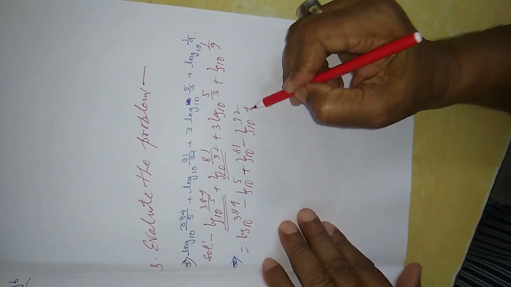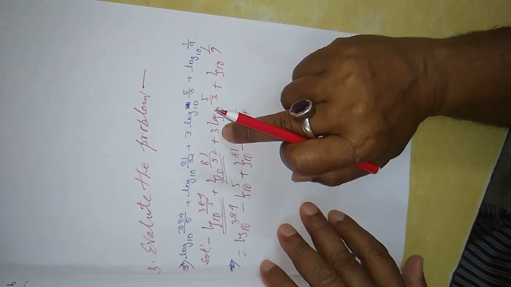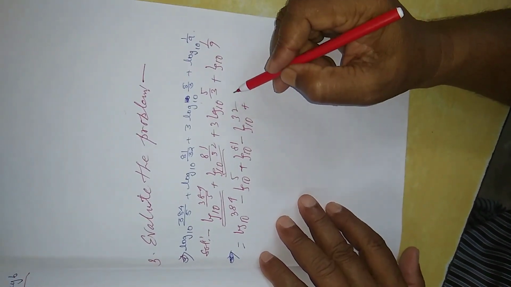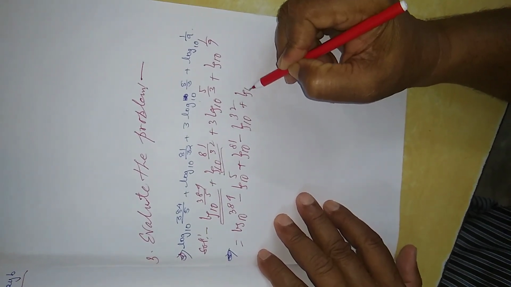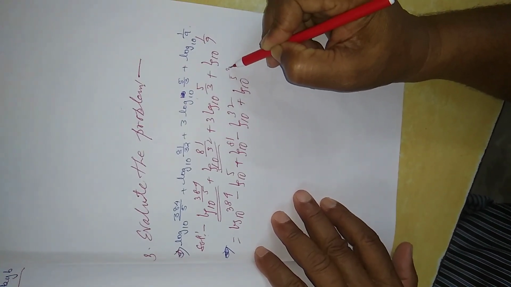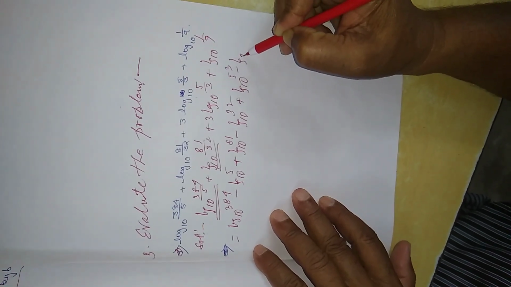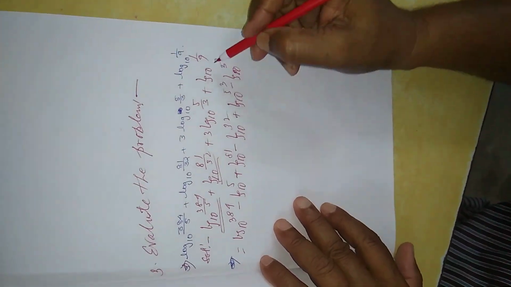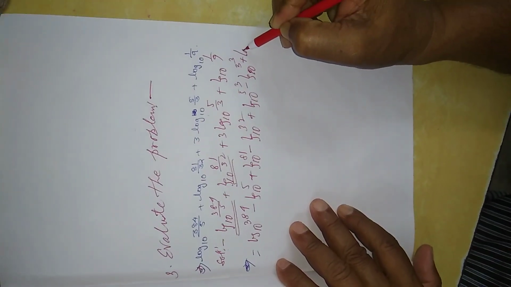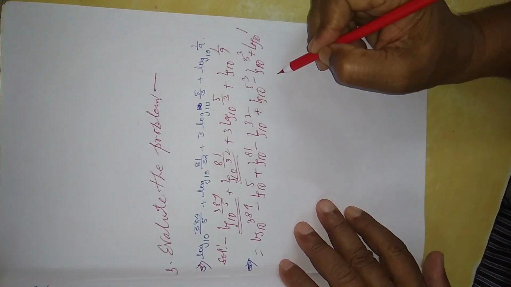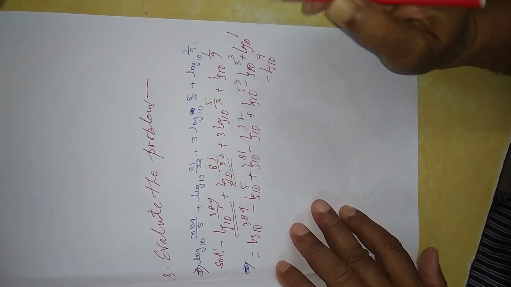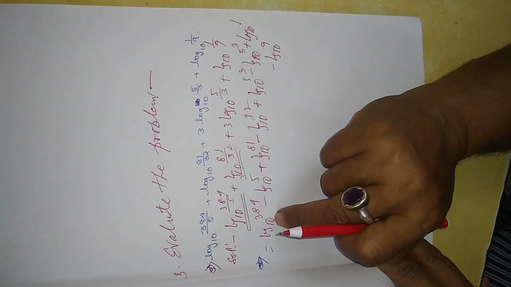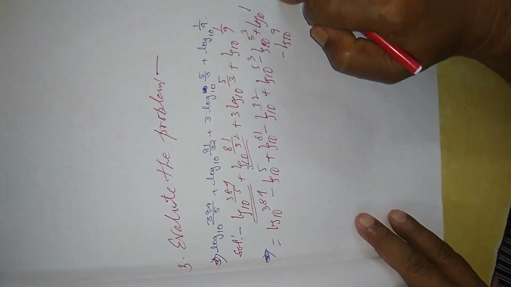Now this one. Look at here, that is 3, so log 5 by 3 cube. So I can write log 5 cube minus log 3 cube. Plus log 1 minus log 9. I am repeating the sum again. Now there is a fraction 384 by 5, so log 384 minus log 5. All the bases are 10, so that is no problem.